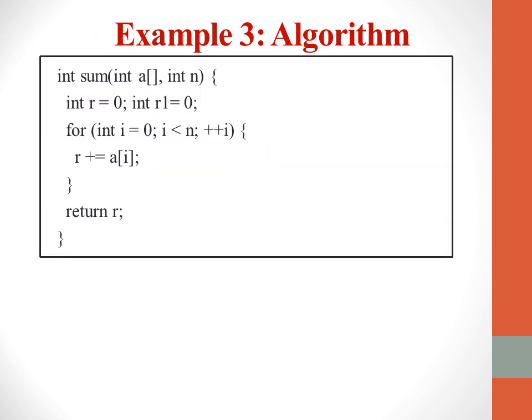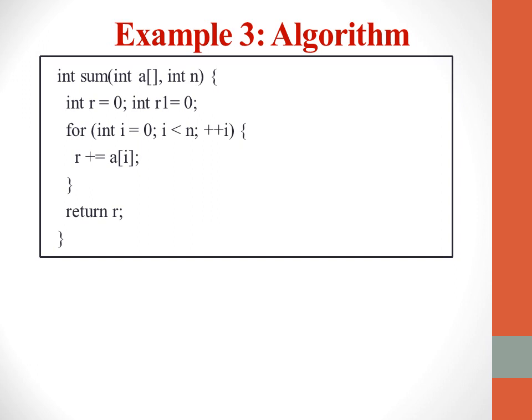Now let us take another example. Again it's small, the small code is given here. One function is defined and one array is there and one value is defined. So now let us take that your for loop is moving from 0 to n, and that way the values are there. Again, how we can analyze it?